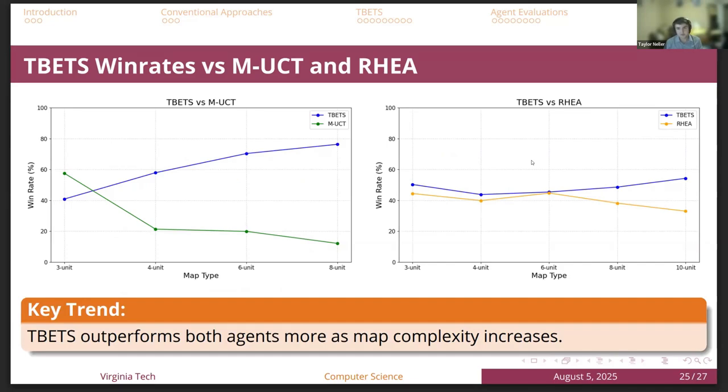So the advantage that T-bets has is that it basically shares a lot of the qualities that RIA does, which allows it to very effectively find good moves in a short horizon window. So short look ahead, evolutionary mutations are able to selectively find needles in a haystack better than Monte Carlo tree search can. So that's why T-bets is able to beat out Monte Carlo tree search in more complex maps. Does that answer the question?